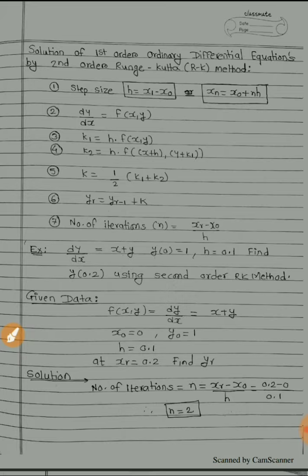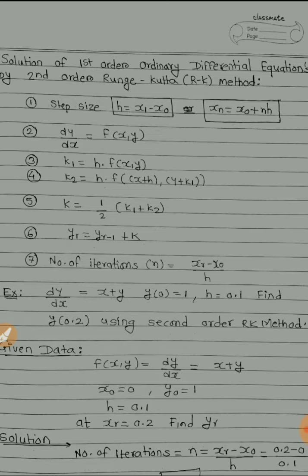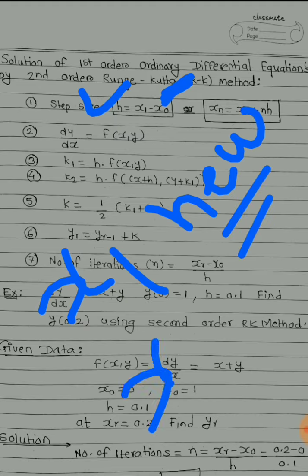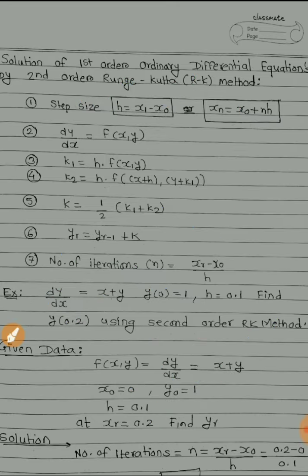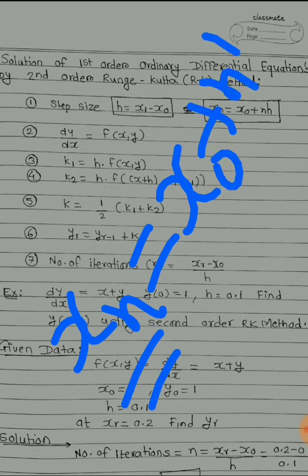First formula out of which is to calculate the step size. So when we are calculating the step size, that is generally calculated as h is equals to x1 minus x0, where x1 is the new value of x and x0 is initial value of x. Moreover, this can also be written as xn is equals to, or new value of x, xn is equals to x0 plus n into h, which is